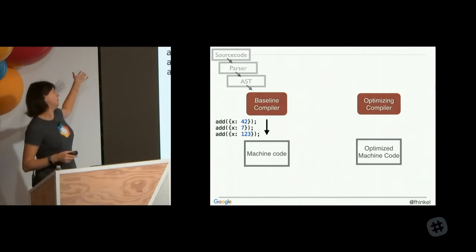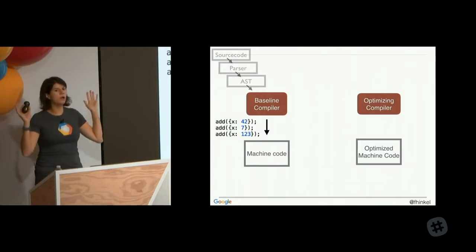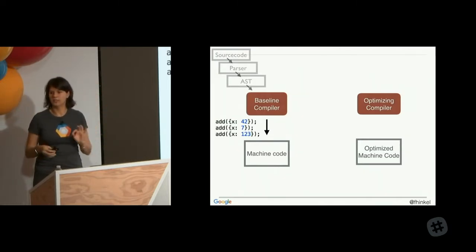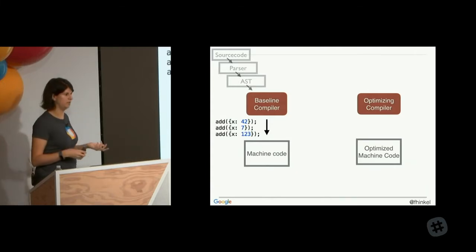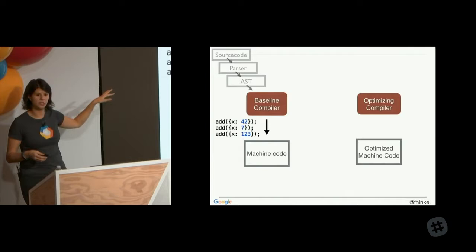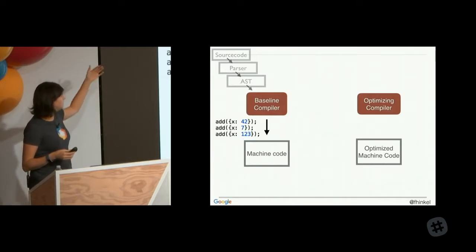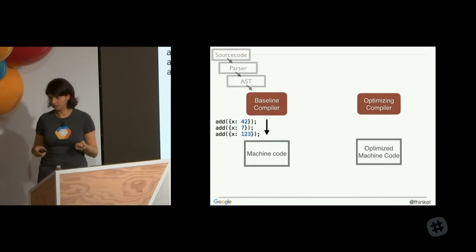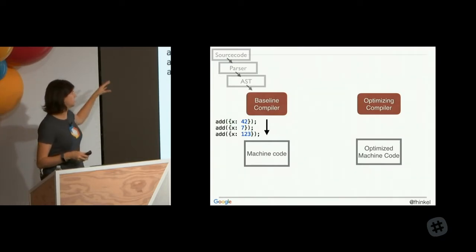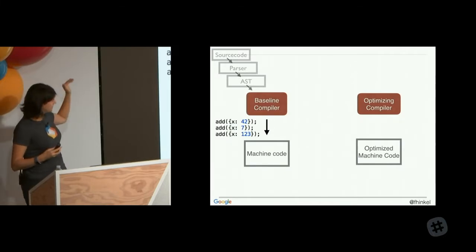In my example, I'm calling add a few times, and I'm always calling it with a regular object that only has a field x that has an integer value. It's an object, there's nothing special about the prototype chain. It doesn't have any other fields than x, and the value of x is always a different number. It's not always that the answer is 42, even though that's the answer to everything. It's not the same number.